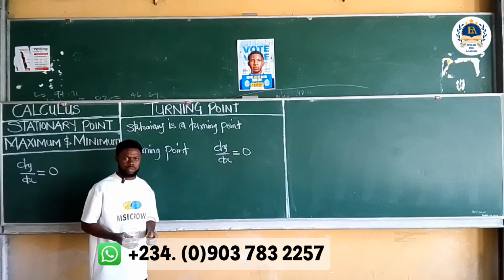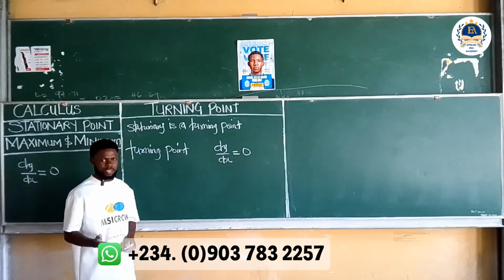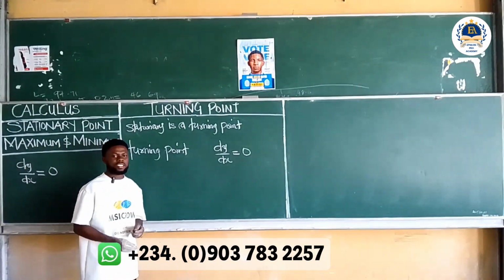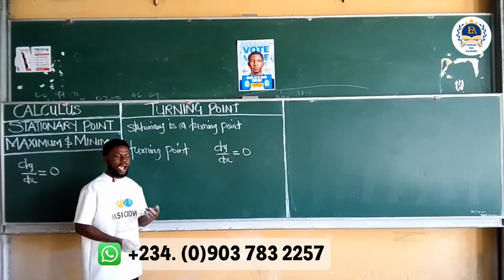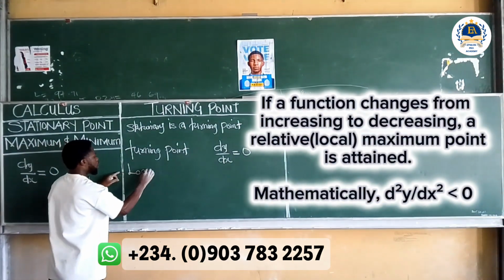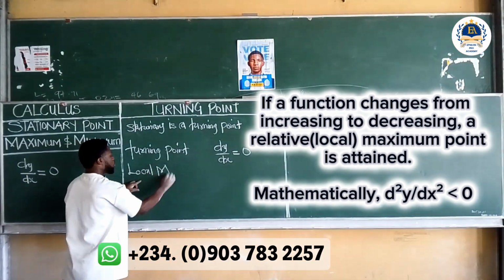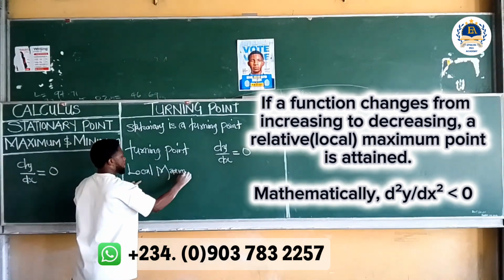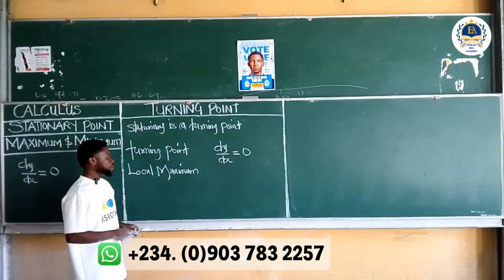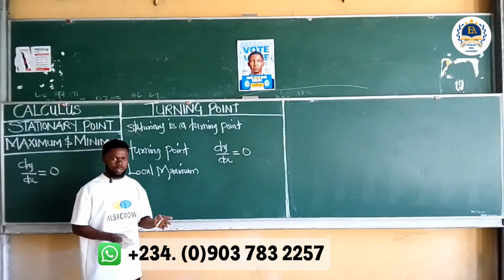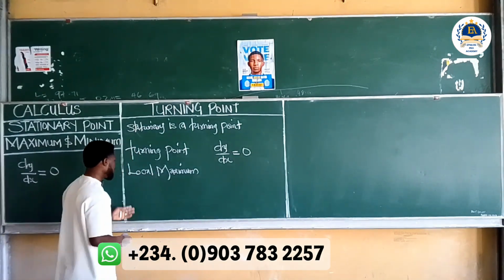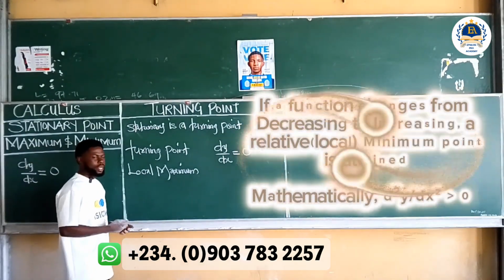So if a function changes from increasing to decreasing, we say that a local or relative maximum point is attained. So local maximum point is attained. Also, if a function changes from decreasing to increasing, we say that a local or relative minimum point